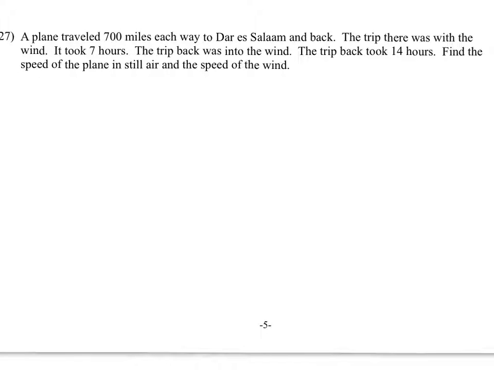Okay, we're talking about a plane traveling to Dar es Salaam and back. The trip there was with the wind, and it took 7 hours, and the trip back was into the wind and took 14 hours. What this really is, is a rate times time equals distance problem. And the trick here is to remember that going to Dar es Salaam and coming back are going to have